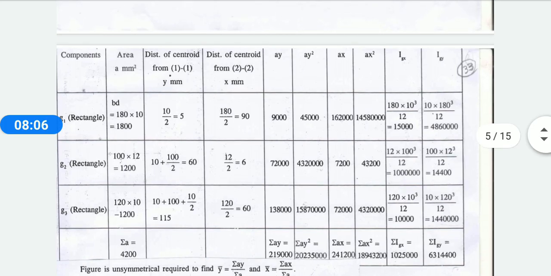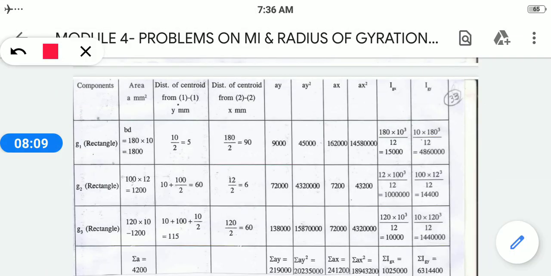Now I'll tell you what we need to find. One is your components and the other is the area, that is A. Then you have to find y. You know what y and x are. That means wherever the axis is, the distance from that to the centre. It will be given in your table column also. For some structures it will differ. For the rectangle, if it is x, it is x divided by 2. If it is b, it is b divided by 2. But in some cases, like a semicircle, it will differ, so you have to refer to the table also.